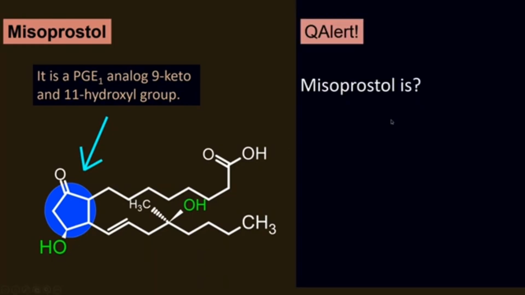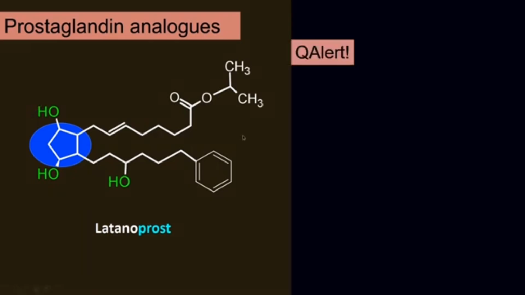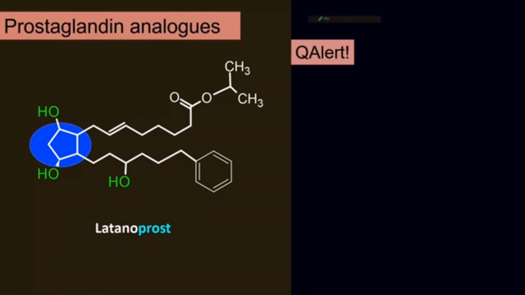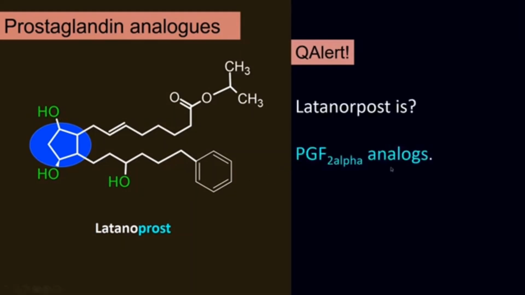So misoprostol is what? Here is a question. Misoprostol is an eicosanoid. Chemically it is a similar structure to misoprostol, but they are not exactly the same. There you could see there are two hydroxyl groups instead of a ketone at the 9 and 11 positions, whereas previously it was a ketone here, but now here this is a hydroxyl group. These are known as PGF2 alpha analogs, right? PGF2 alpha analogs. These are prostaglandin